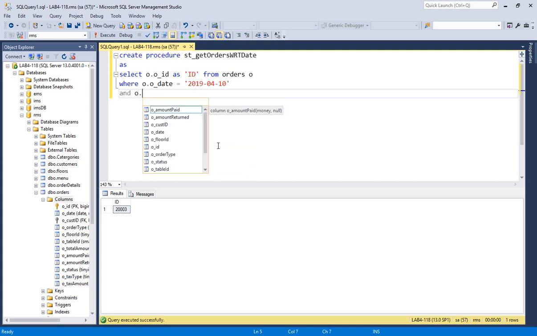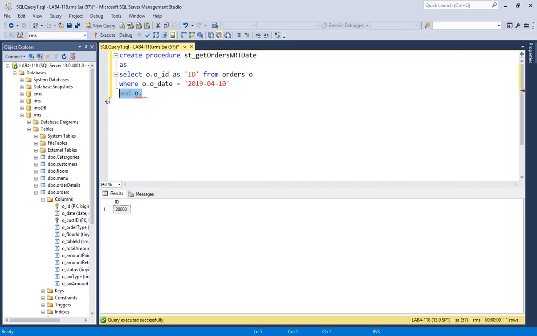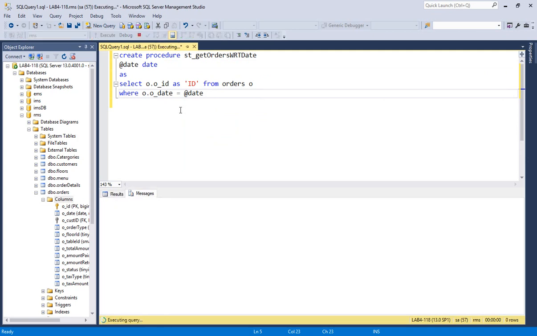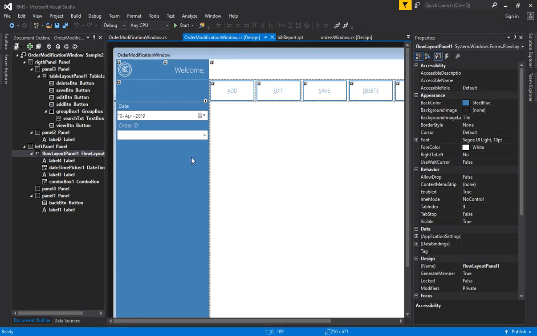So what type of orders should be displayed here? Only those orders, or every order should display here. What can we do? So any order should come, so we don't need to add the status of the order. So based on this date, the order ID should be displayed. So at the rate date, and the data type is date, and give here date. So that's it. So what will happen when I execute this query and go to the code and go to